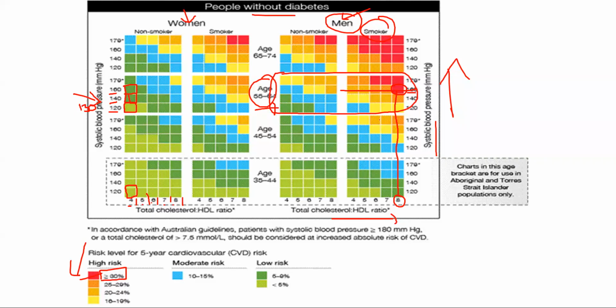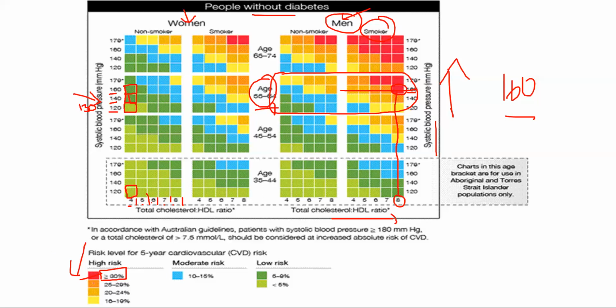Now in this chart, we mainly put your top blood pressure, which we call systolic blood pressure. In your case, it is 160. And also we put your cholesterol ratio in here. So we mainly measure your risk based on your age, your smoking history, your blood pressure, and your cholesterol value. And once I have done all of it and plotted it on this graph, you fall into this red box.